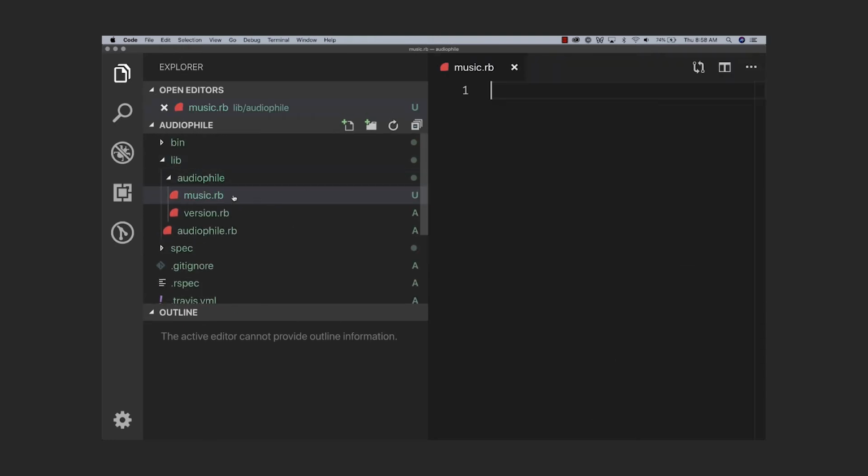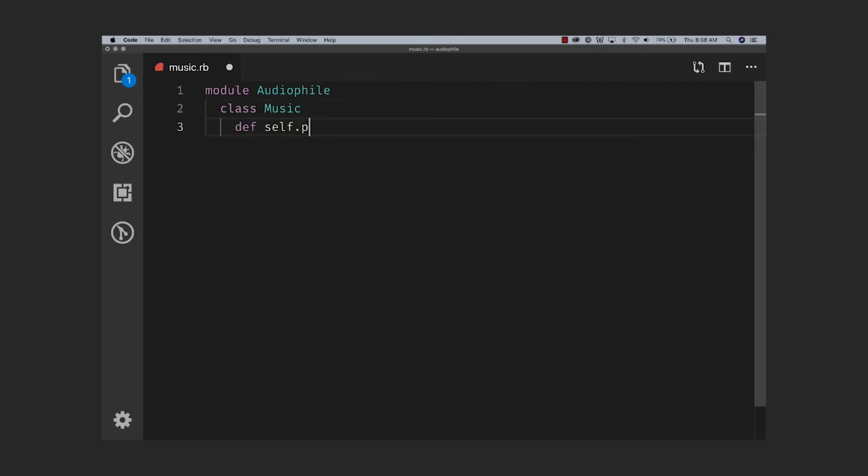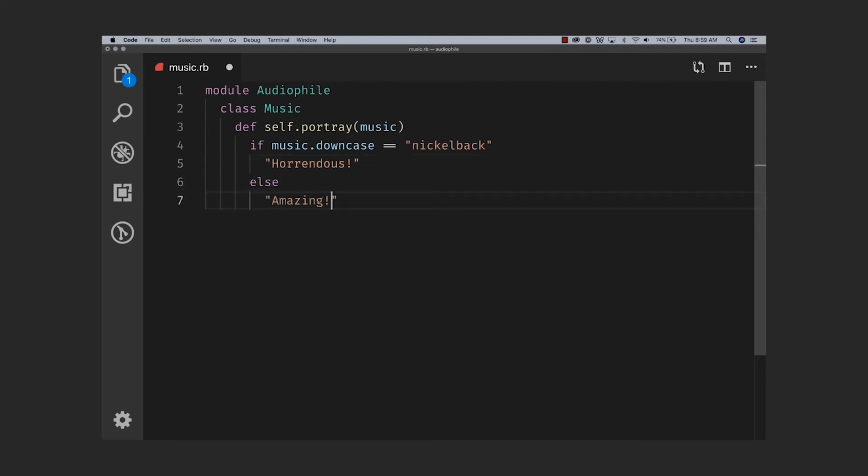And inside that, we are going to write our module. Now, in order to load this file in our gem, we need to add a require line to